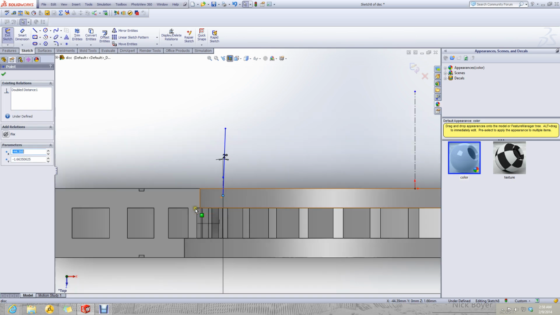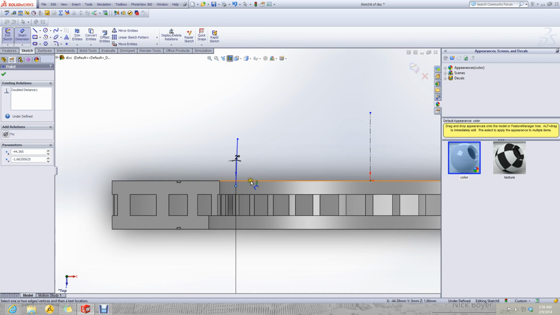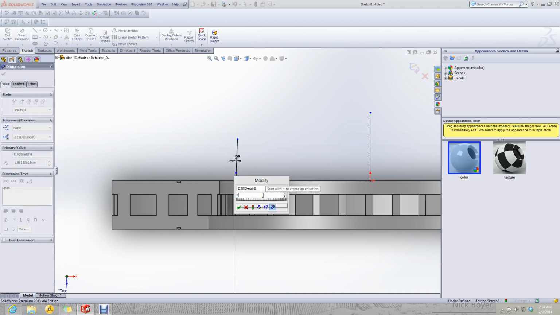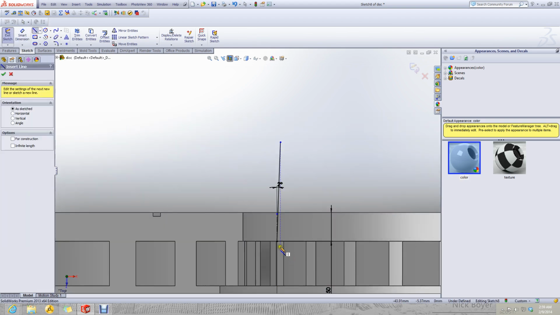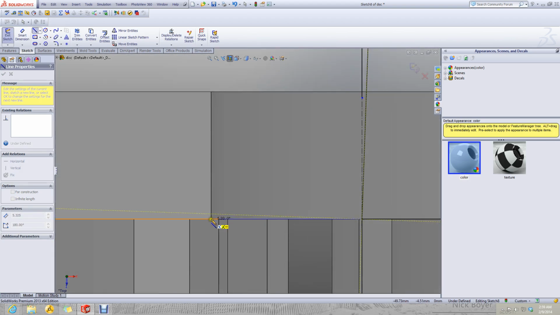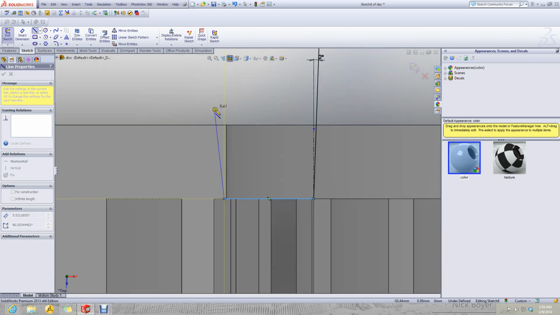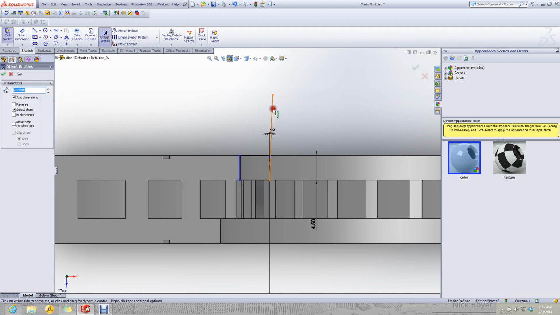It is 4.5 millimeters below this face, like so. We join it here, here, here. Now since the thickness is 2 millimeters, we will offset the thickness by 2 millimeters.